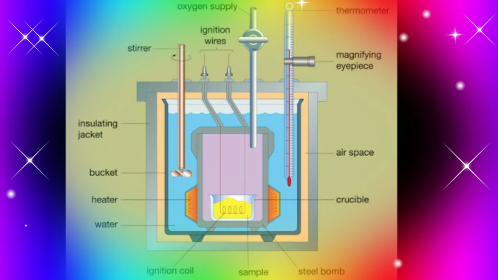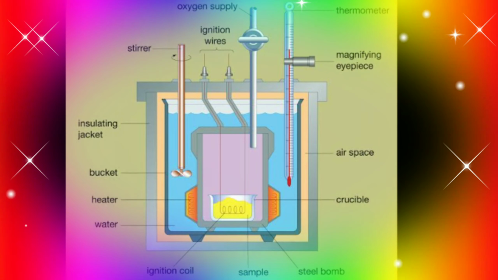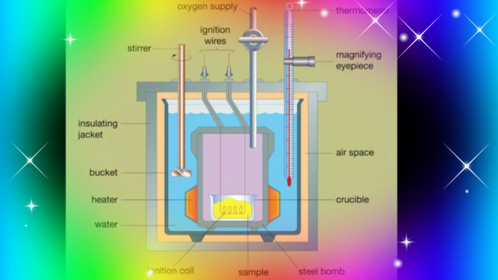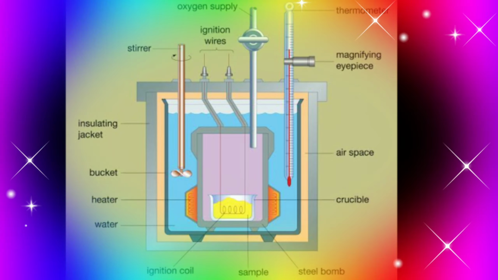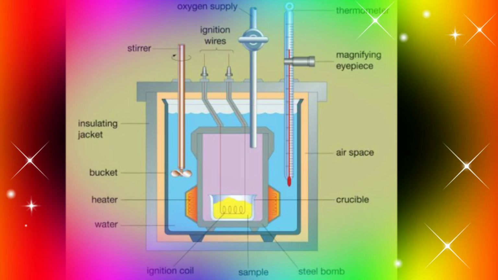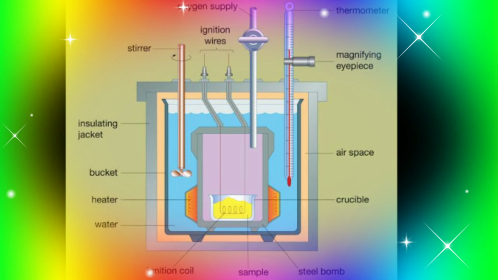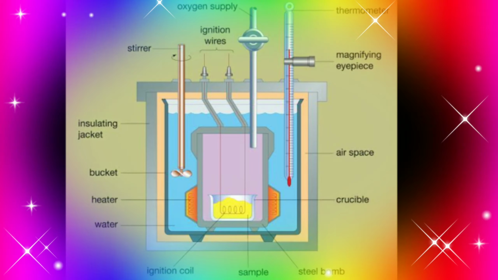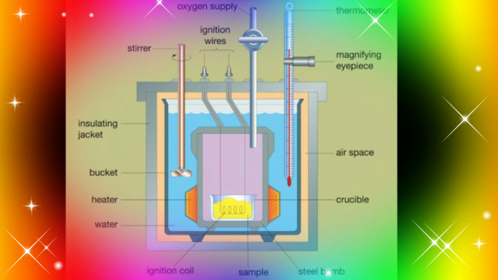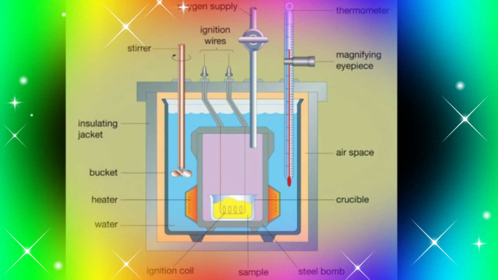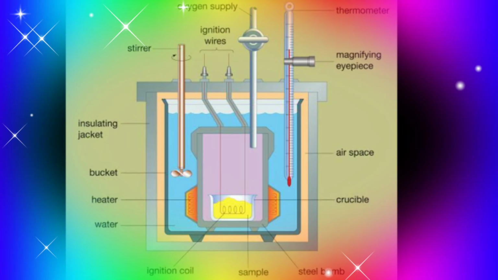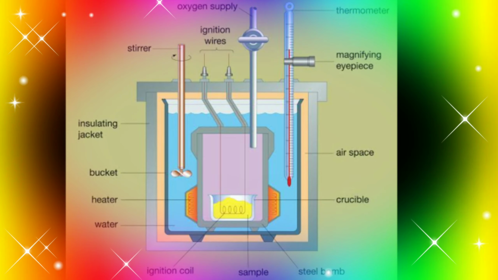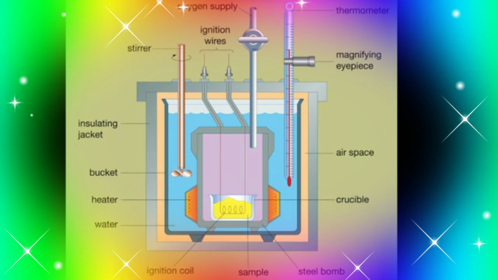Suppose the mass of the inner vessel in the calorimeter is mc and its initial temperature is Ti, and the mass of the water in the calorimeter is mw. The temperature of water will also be Ti. Suppose we place an object of mass mo and temperature T0 in the calorimeter. If T0 is higher than Ti, the object will give away heat to the calorimeter and water. Soon the temperature of all the three will become the same.